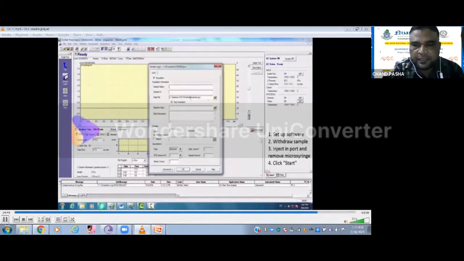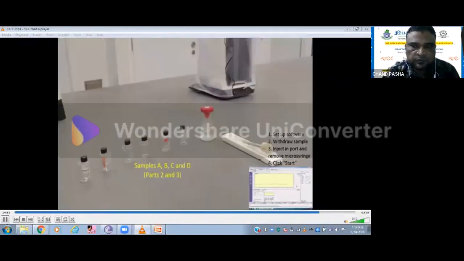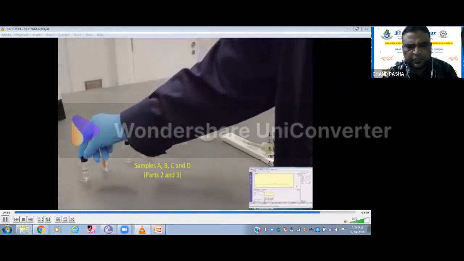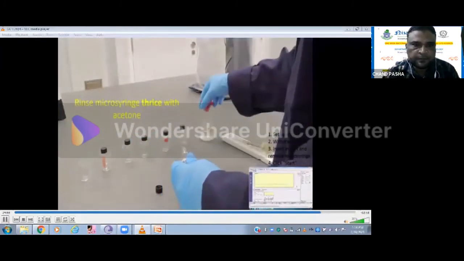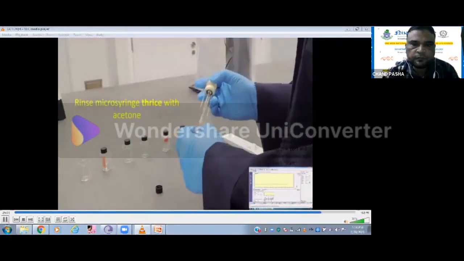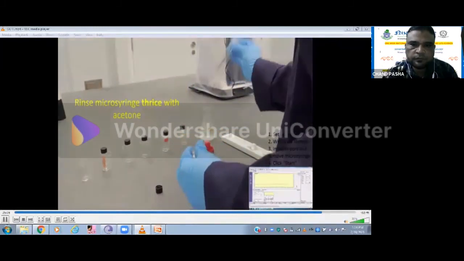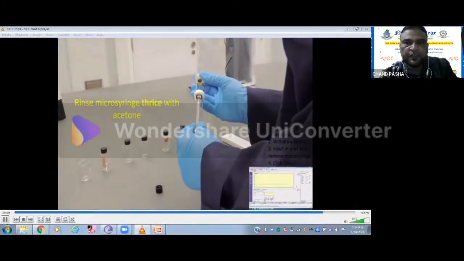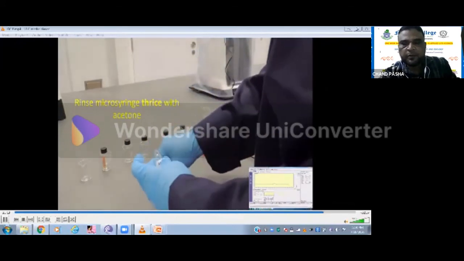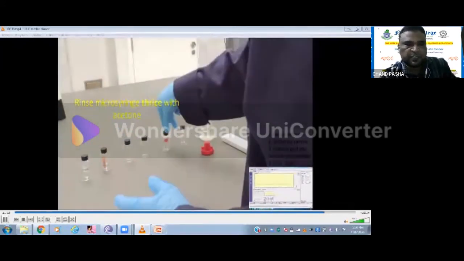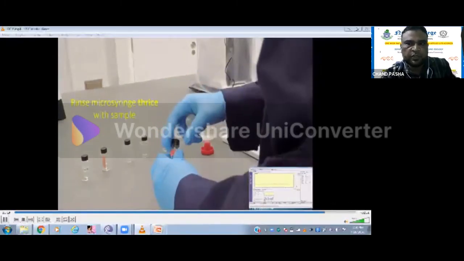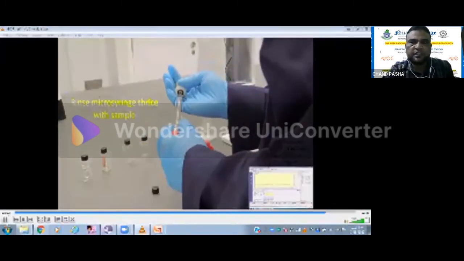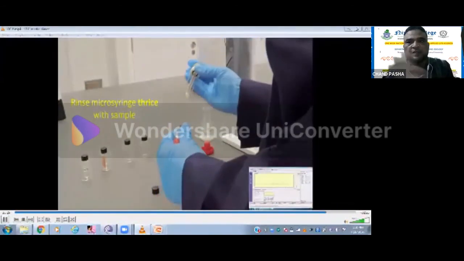If the flow rate is high, then it will be eluted fast. If the flow rate is less, it will be eluted slowly. So we did 24 ml per minute, and then 6 ml per minute. Generally, we'll be doing this rinsing with the organic solvent which we use for the preparation of sample. Whatever your drug, if you are doing caffeine, generally DMSO or methanol will be used for suspending. So you are supposed to rinse your syringe, and the control test also you should do with the same solvent.